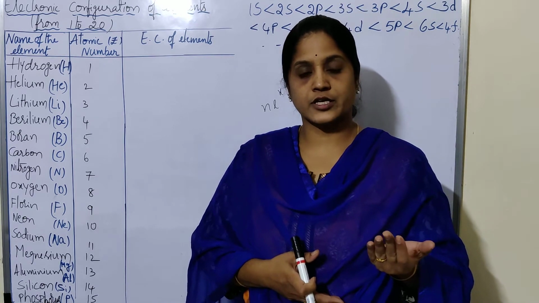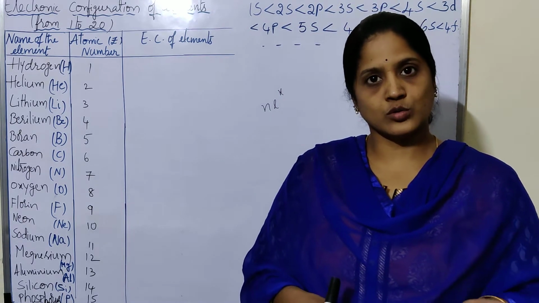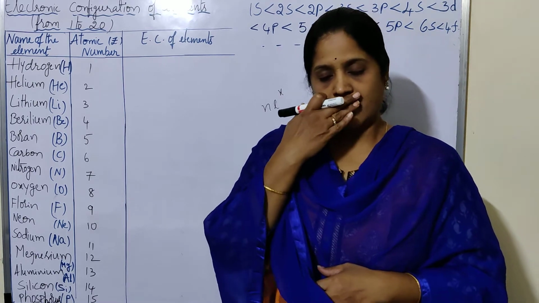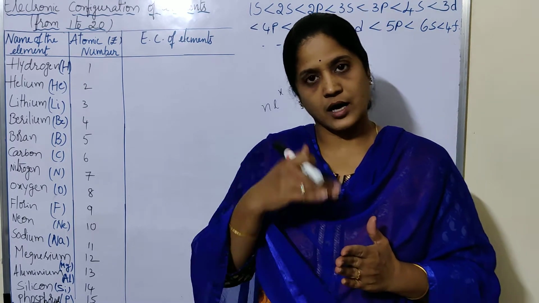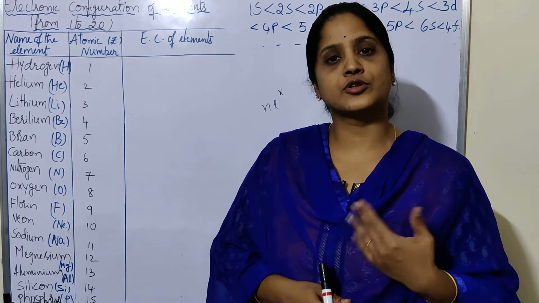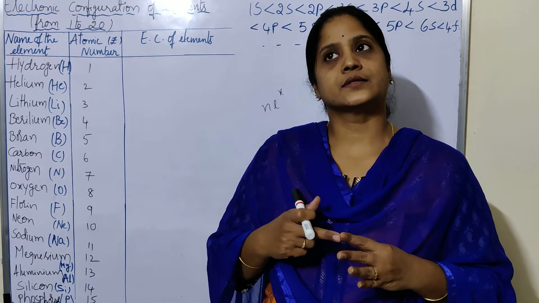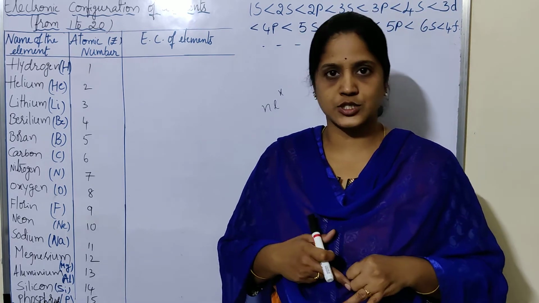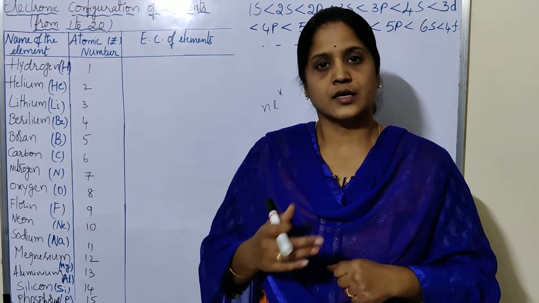After that, if an atom has 2 or more than 2 electrons, how do we fill the electrons in an atom? An atom contains main shells, subshells, and in those subshells orbitals are there. So how to fill these electrons in an atom? For that we have to follow 3 more principles. What are the 3 principles? Pauli's exclusion principle, Aufbau principle, and the last one is Hund's rule. These are the topics I have discussed with you earlier.